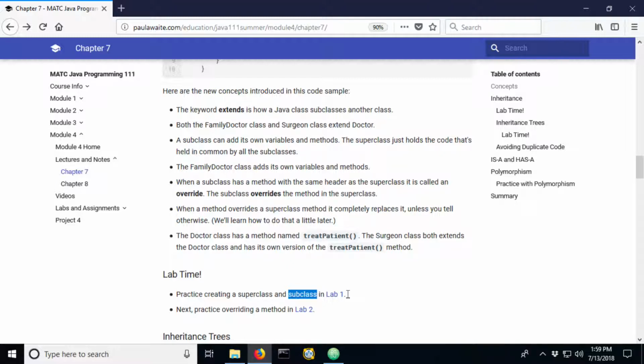So if you want to start these labs and give them a try, go ahead and do that. If you prefer to see a demo and then hit those labs, that works too. So choose the order of these things that works best for you. If you want to start them and then watch some video and come back and finish up, that's great. All right, we'll see you in the next video.